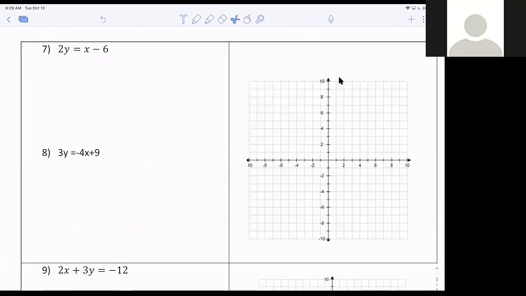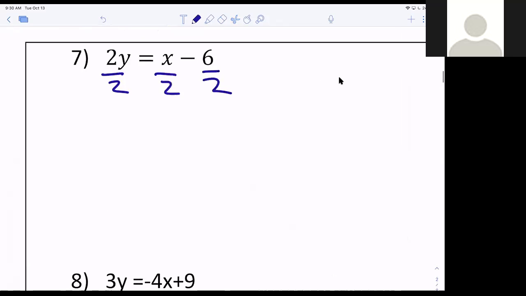Now I'm going to throw different forms at you. It's got to be written in y equals mx plus b. How many y's? 1 y. All right, so Tucker said it beautifully. I just divide everything through by what? By 2. So watch. I'm going to do this, and then later you don't have to do this anymore, but that's what we're doing. We're dividing everything through by 2, which leaves me y is equal to, now here's where people freak out on me,